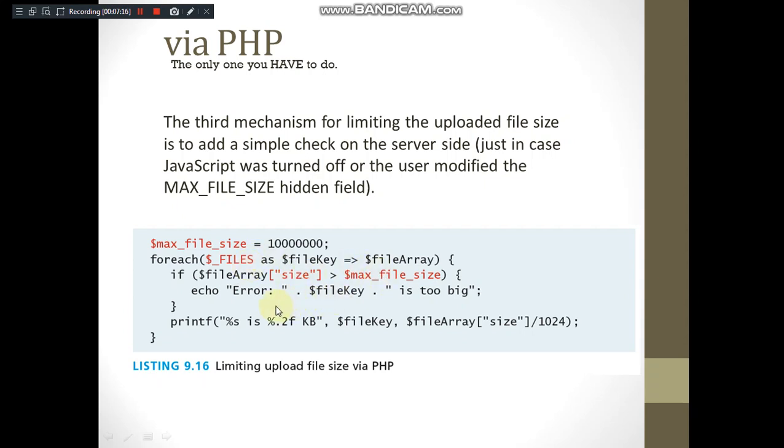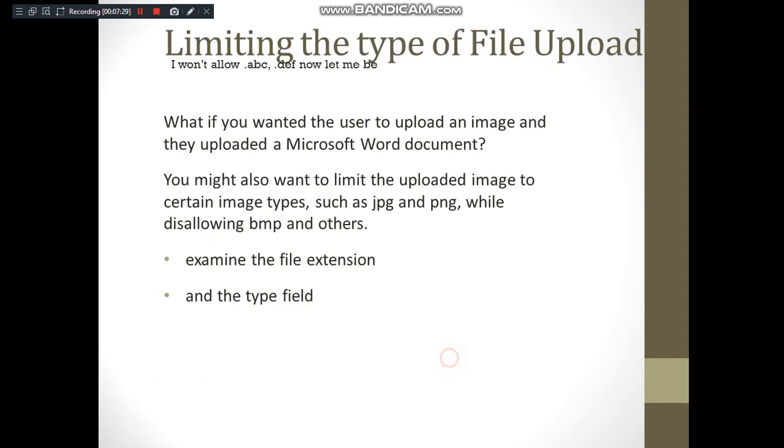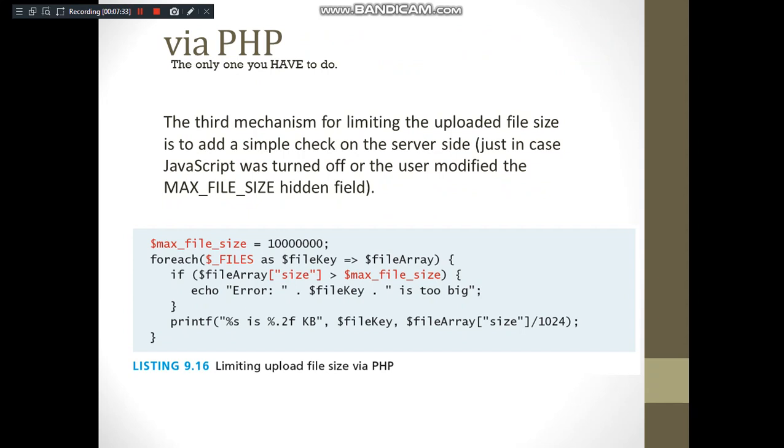You echo an error that the particular file with the key has crossed the size, and you display the size of the current file and how much it should be. It should be maximum 1000, sorry, it is 1000 KB.